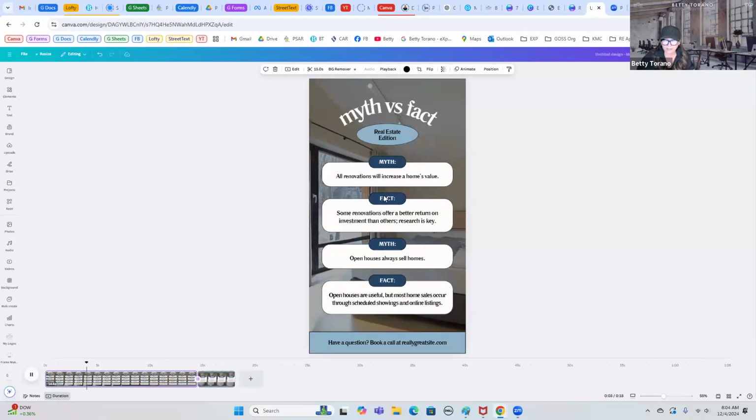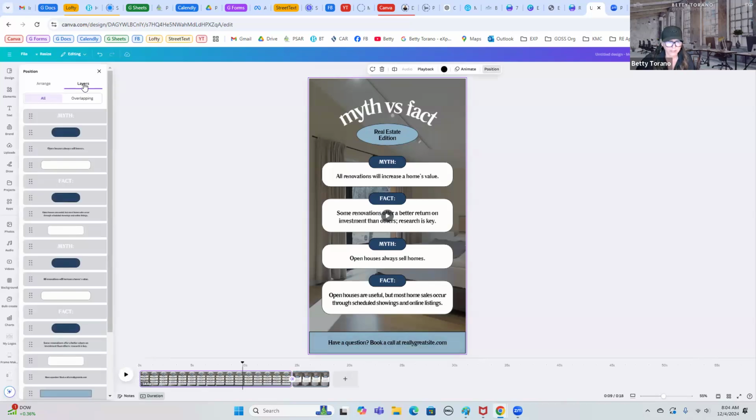So all of these come in all at once, but we could time this so they come in every 2 seconds or every 3 seconds, to make it more interesting. So this is what I'm going to be using. Here's an example. So what you do is you go to position,